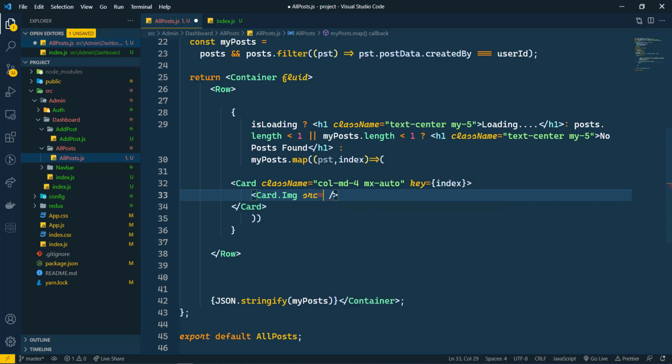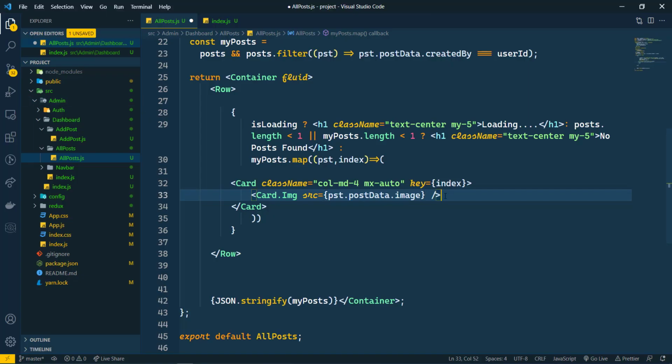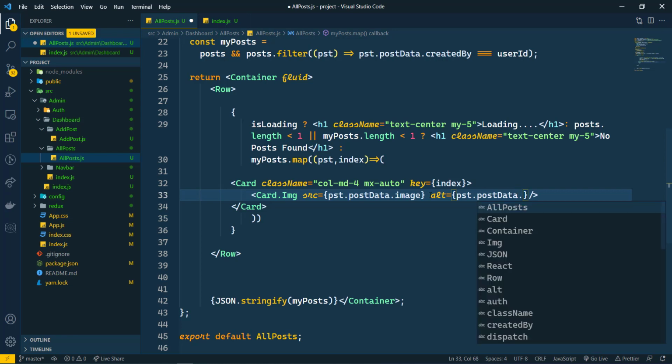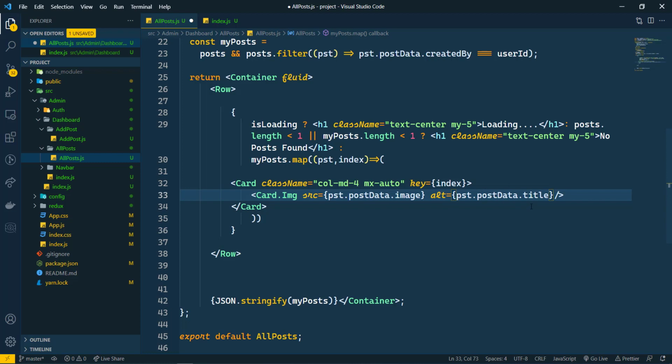What is the source? That is postData.image. And we also need the alt attribute for that, and alt will be the postData.title, so this is the title here.